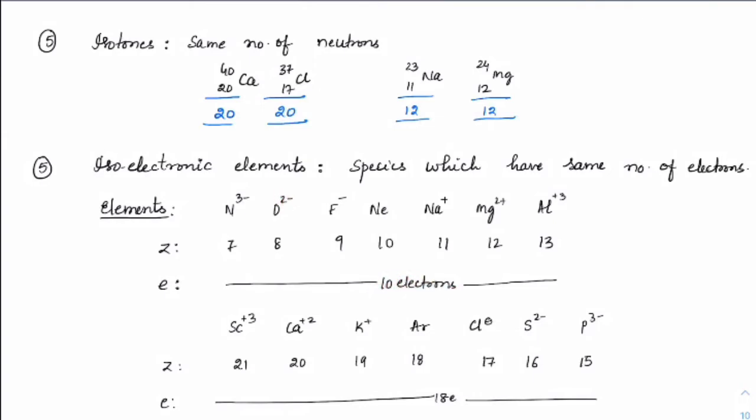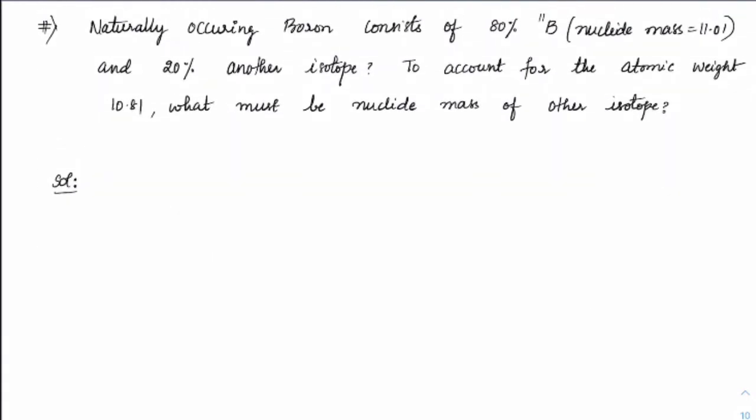So this is one very straightforward question that can come for exams, like which of the following are isoelectronic of each other, right? So all you need to find out is the total number of electrons present in it. So if the number of electrons present in it are same, then they are called isoelectronic. One question on the basis of this isotopic which has come in JEE is this one.